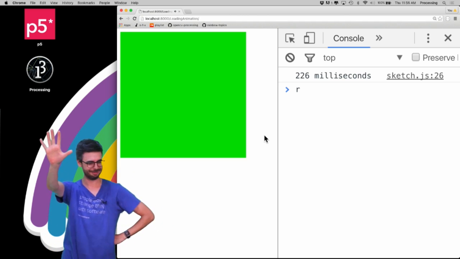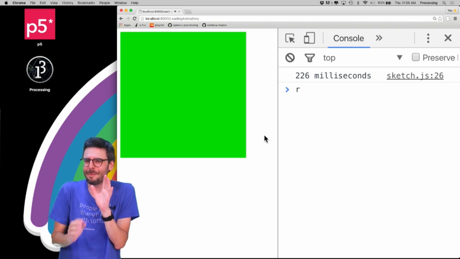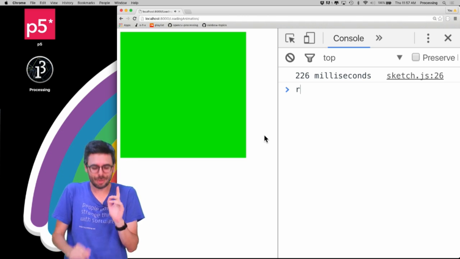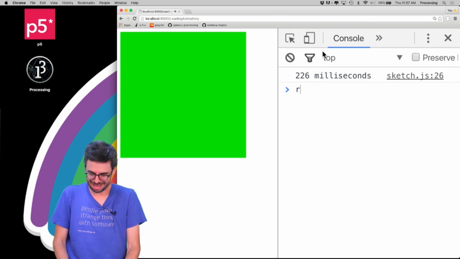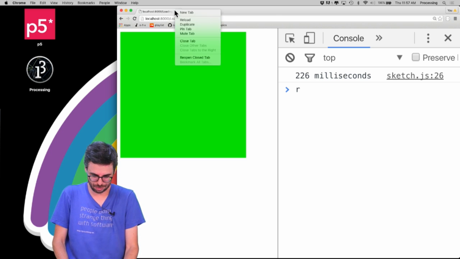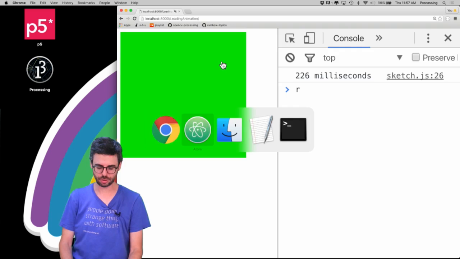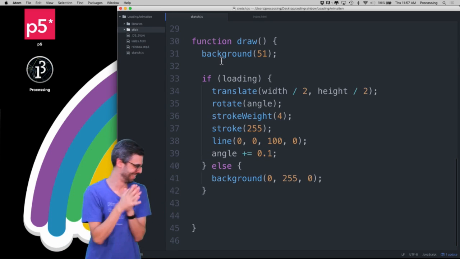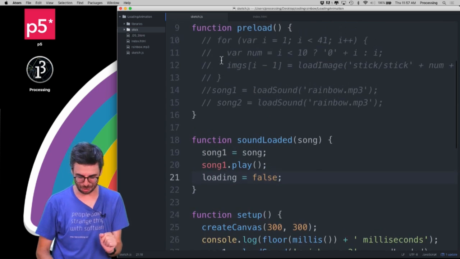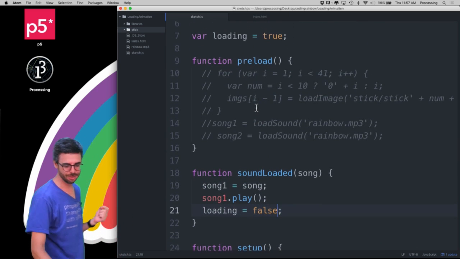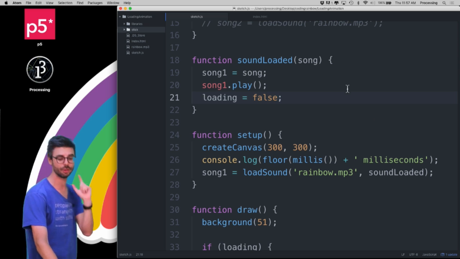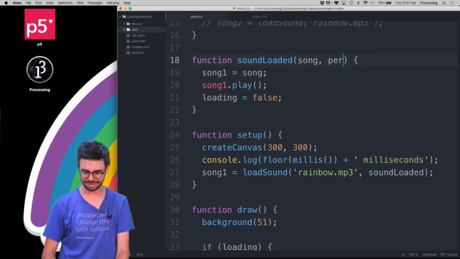Okay, so now here's the thing. That's part one. There's actually a bit more to it than this. Let's see something kind of exciting. I'm pretty sure I need a stop button. I'm going to mute the tab just for a second so it doesn't play the song. Now, there's another aspect to this. I'm pretty sure that the sound library, when you pass it a callback like soundLoaded, you can actually